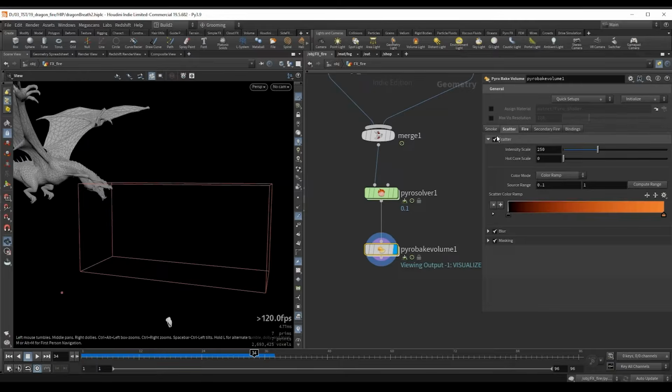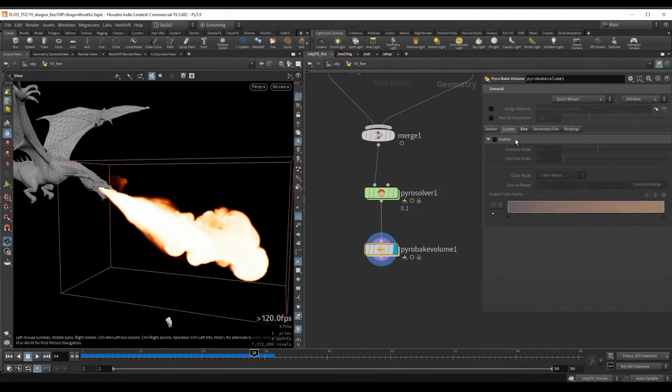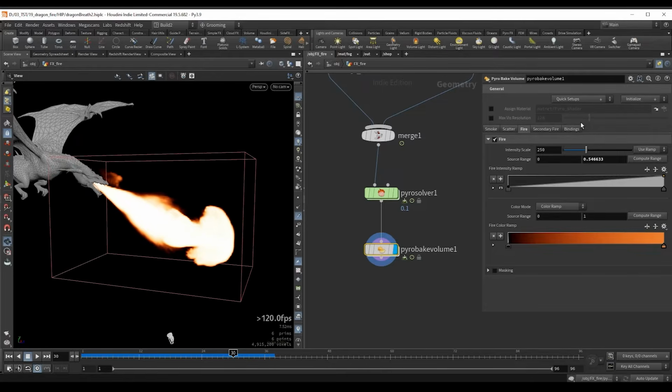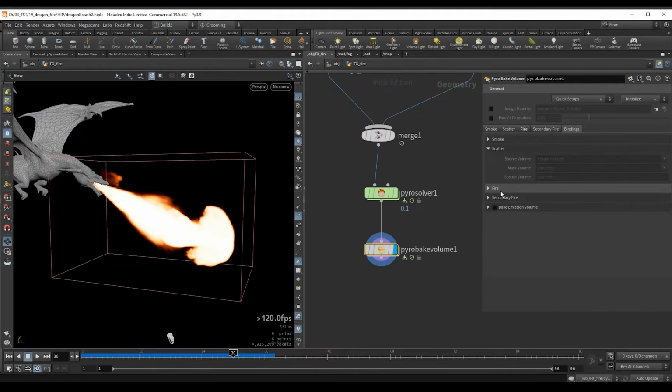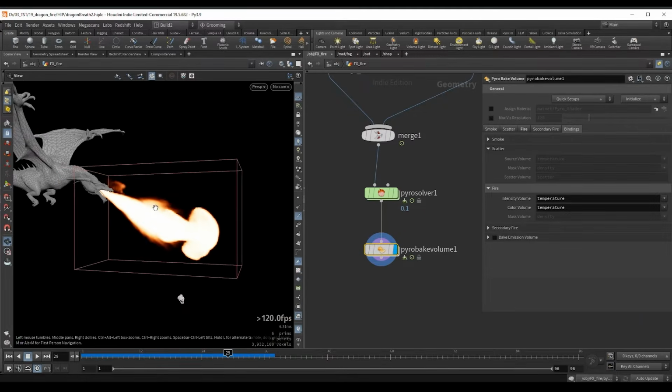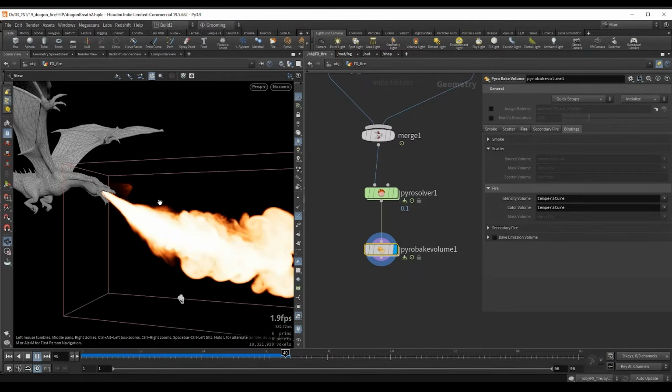So just for now I will disable the scatter, so we can see that we just have the fire now, which is bound to our temperature. So if I go in the temperature, this is looking for the temperature, and we also have a mask option here that we will enable later when we have the density. But we can take a look, and this is the current result.